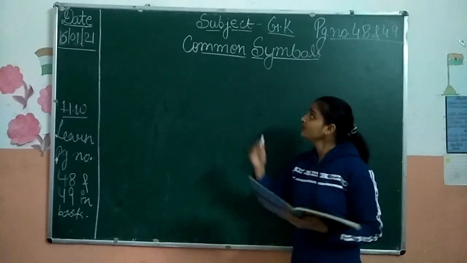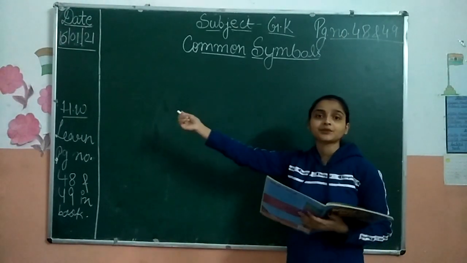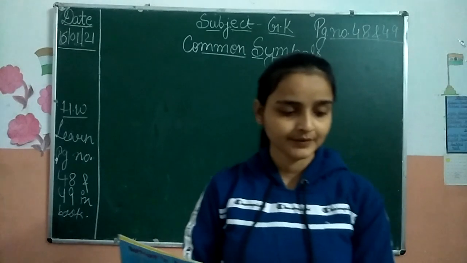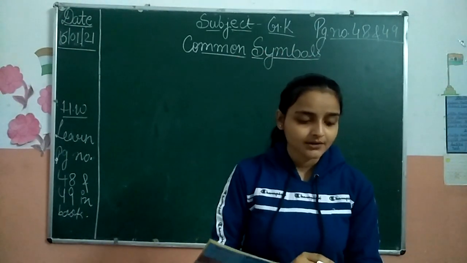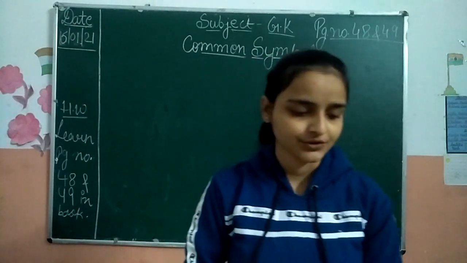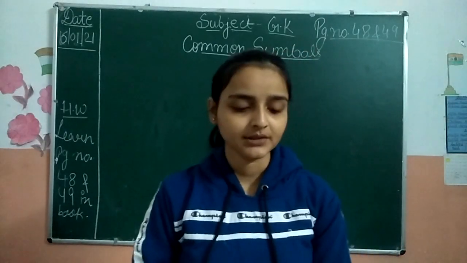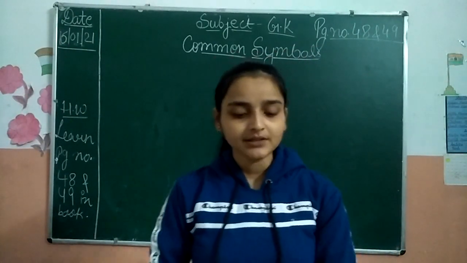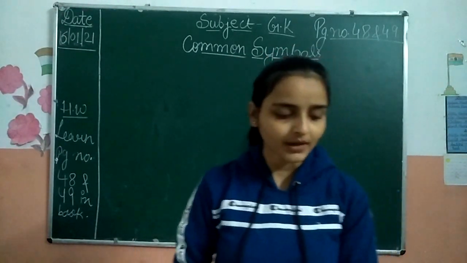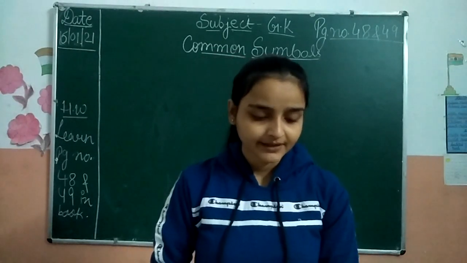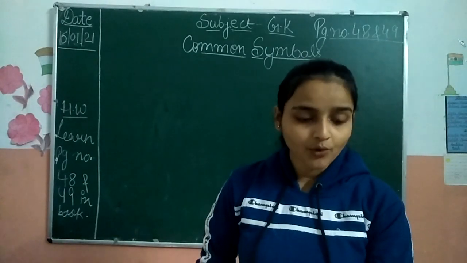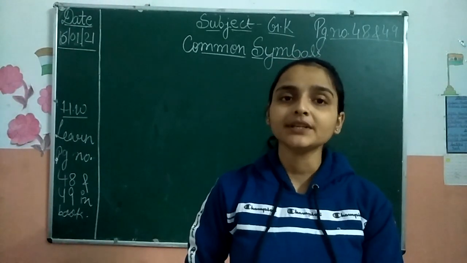Now, what is the chapter name? Common symbols. Look, shall we start with our work? A symbol is a mark or emblem that stands for a particular thing or organization. Write what the following symbols stand for. In this page, some symbols are given. You have to tell what this symbol stands for. Look at the yellow box, some clues are given. You can take the help of these clues.